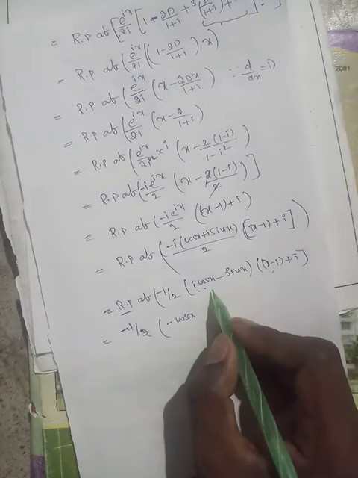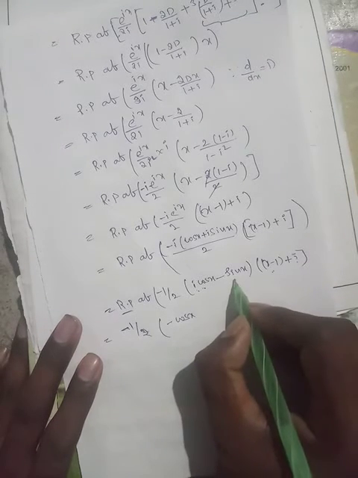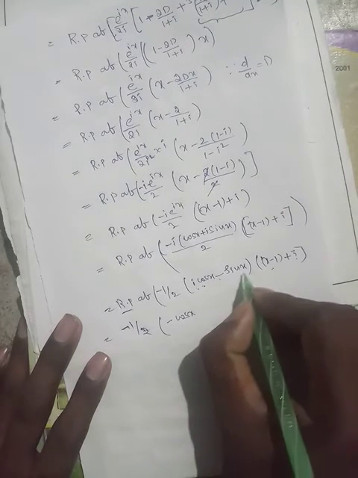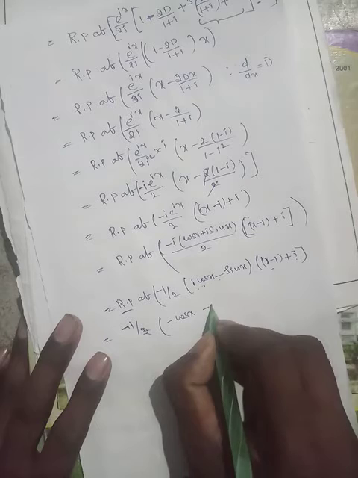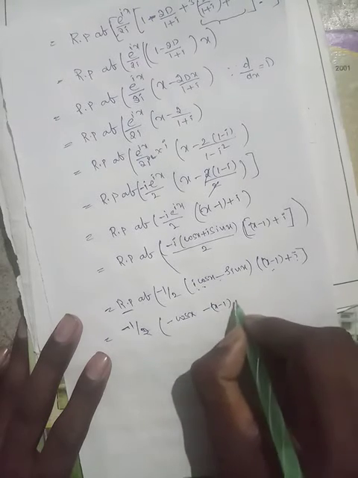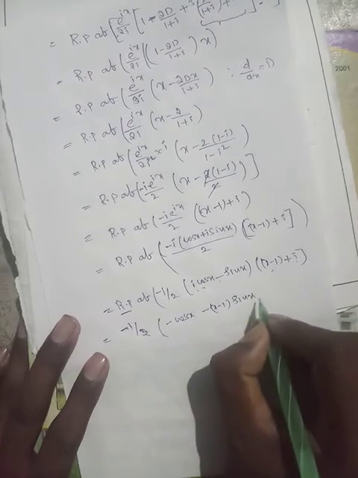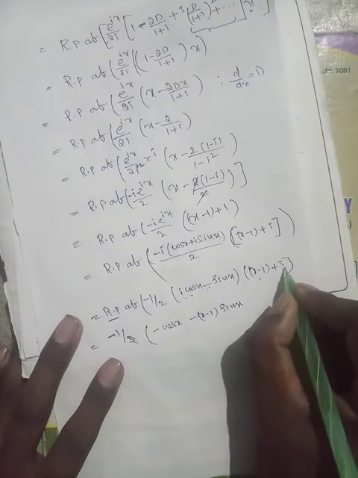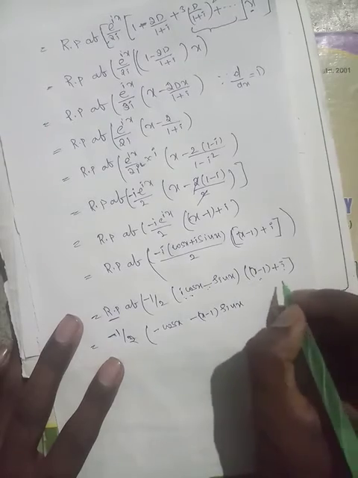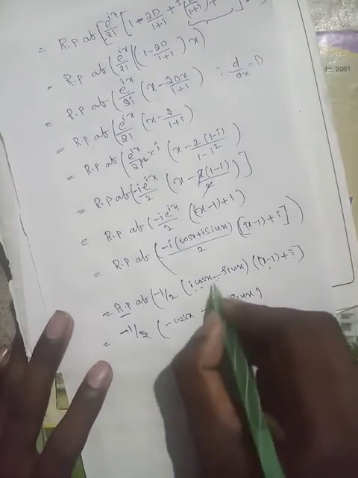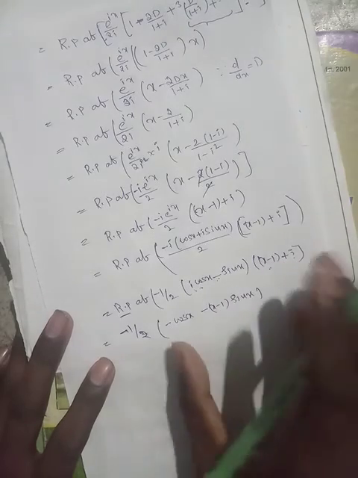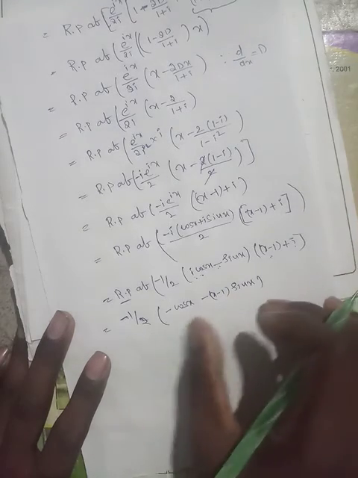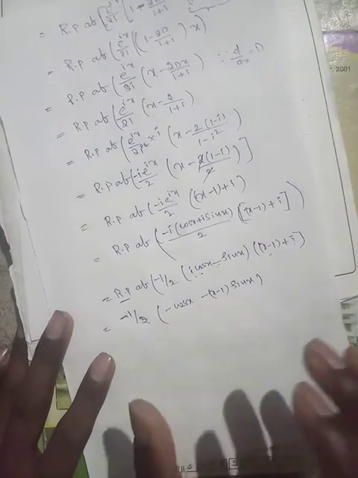Okay, now cos is over. Now we need to multiply this whole bracket with minus sin x, right? So here minus sin x into x minus 1, so minus x minus 1 into sin x, right? So here minus sin x into i, so I will get minus i sin x. That is also an imaginary part, so we do not need that term. We do not need i terms. So we need to consider only the real part, so that's why I am taking only the real part.